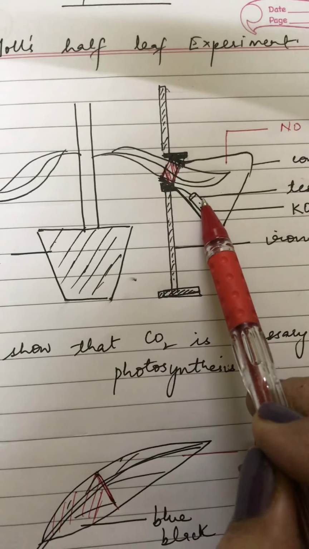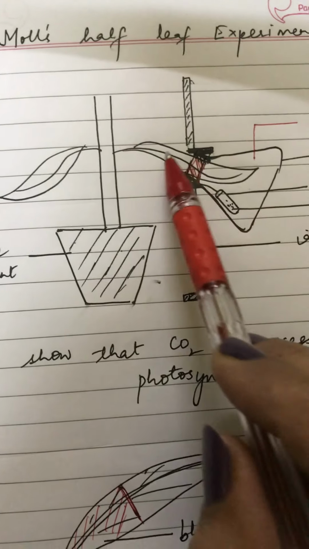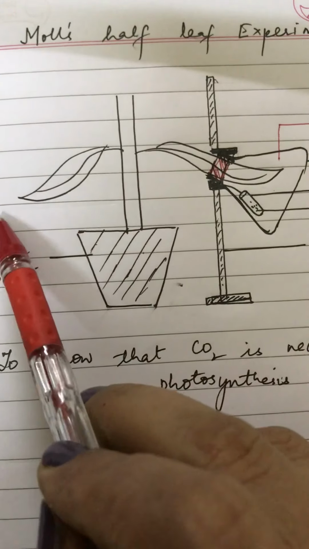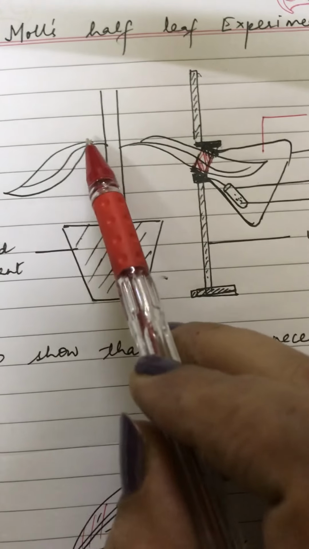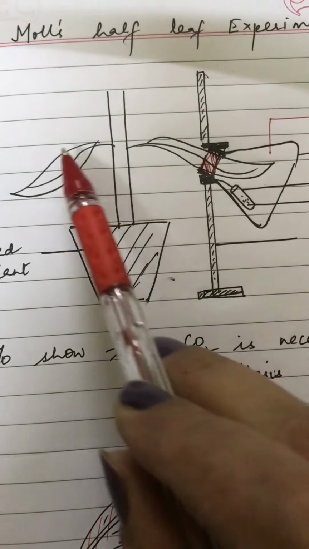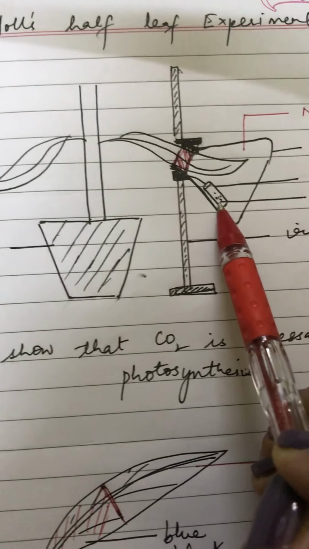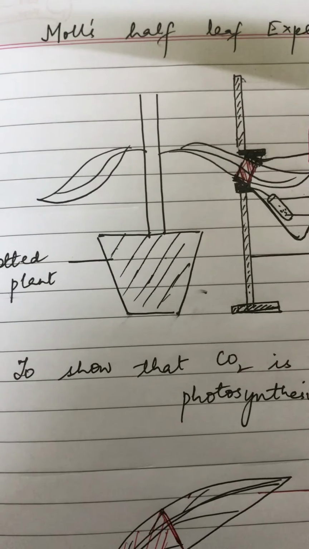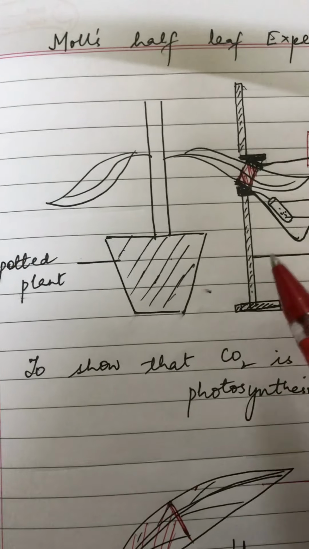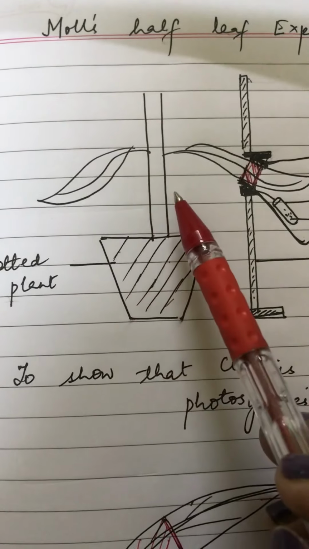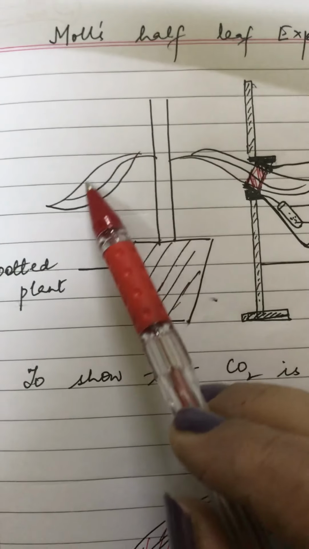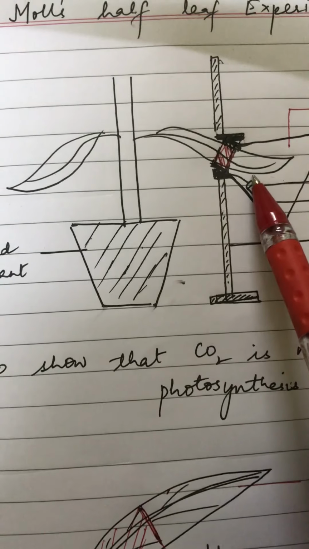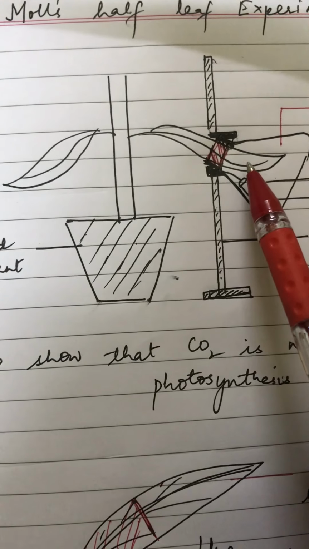Another variation, the second variation which can be asked, is that here half of the leaf is inside this, or maybe the full leaf would be inside it, and one more conical flask would be put here where half or maybe the full leaf would be inside another conical flask in which a similar test tube is hanging with a thread, but instead of KOH this test tube would have water. Now water is not going to absorb any CO2 here. It might be soluble after a prolonged time, but we are conducting the experiment in a few hours. Nothing will happen. This leaf will turn blue black because all requirements are being met, and this leaf would take a brown color because no photosynthesis is occurring.